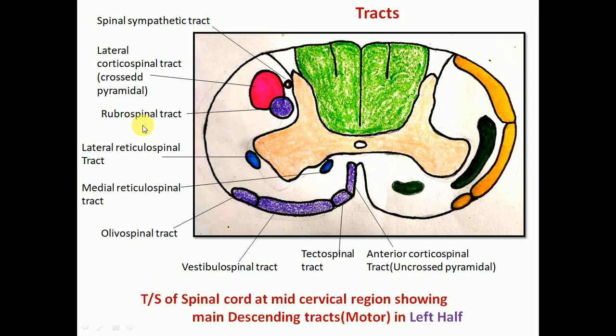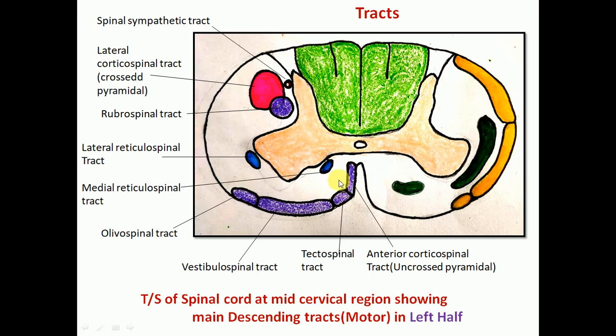Now, the lateral corticospinal tract actually starts within the opposite cerebral hemisphere. Then after entering the brainstem, within the medulla oblongata, there is a decussation of the pyramidal fibers, or we can say corticospinal fibers, and finally within the spinal cord they are present in the lateral white column. So they are also called crossed pyramidal fibers, and they are concerned with the control of fine skillful movement of the opposite half of the body.